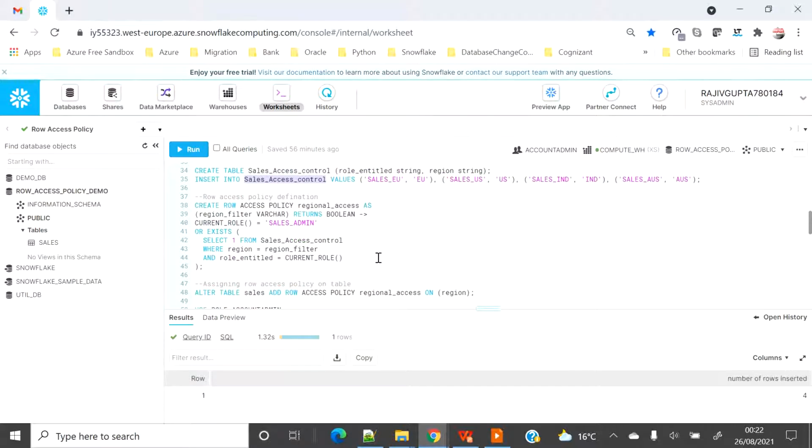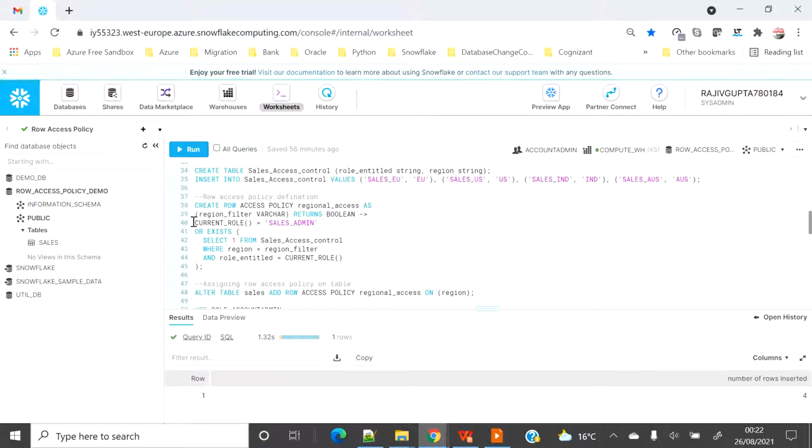So to reduce that, Snowflake has implemented the row access policy. What a row access policy does is, you create a policy: create row access policy, the name of the access policy, and the region filter which you want to provide as an input parameter, and it will return a boolean true or false. This is the separator to differentiate between the header and the logic.